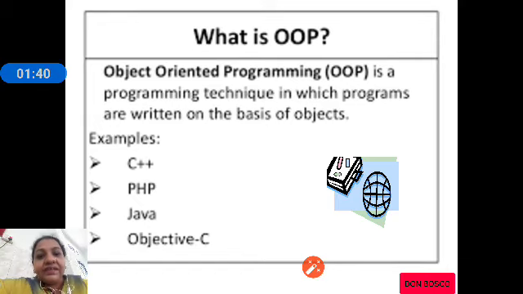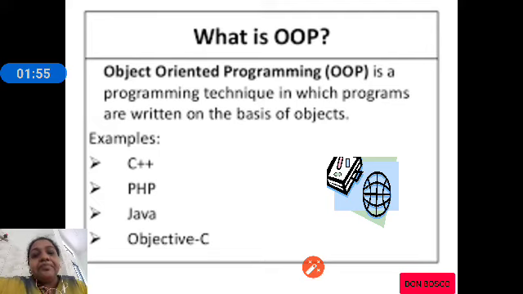There are many languages. You have natural languages, Kannada, English, Hindi. We have computer languages like C++, PHP, Java, Objective-C.